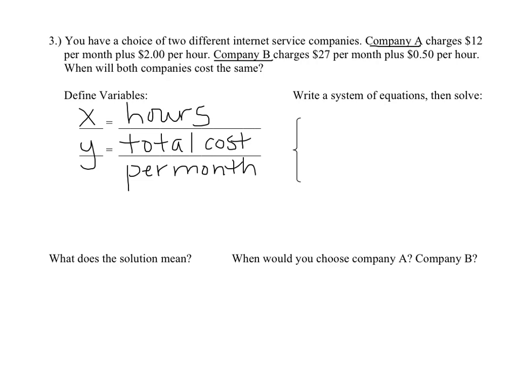So if you think about it, the cost per month is $12 plus $2 per hour. So I'm going to say Y is equal to, they charge you $12 no matter what, but then they charge you $2 for every hour that you are on the internet. So that's 12 plus 2x. And then the other company B is going to say, well, their total cost is calculated by doing 27. So they charge you more per month, but they only charge you 50 cents. So I'm going to say plus 0.5x